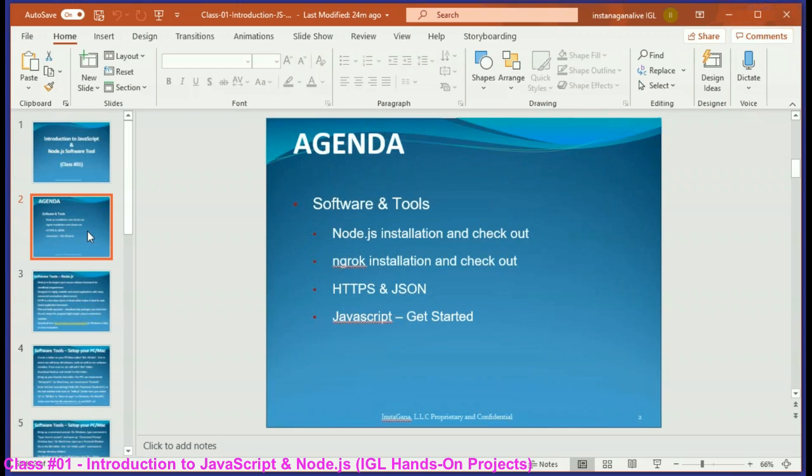Then we will discuss HTTPS, the Hypertext Transfer Protocol, secured version of it for internet. And we will also discuss JSON, JavaScript Object Notation, a data format that is used in the industry. Finally, we will conclude with introduction to JavaScript. I will also introduce you to an ebook, and then in the subsequent classes we will discuss more on the